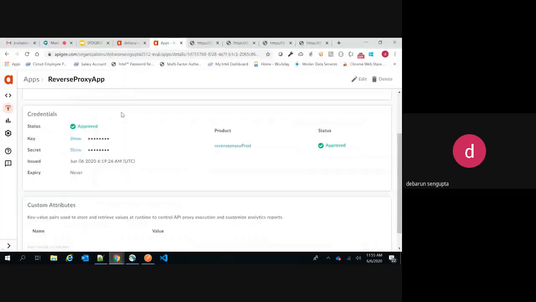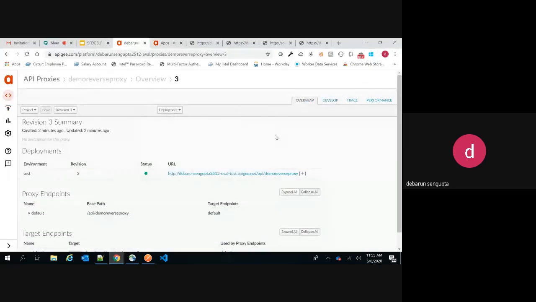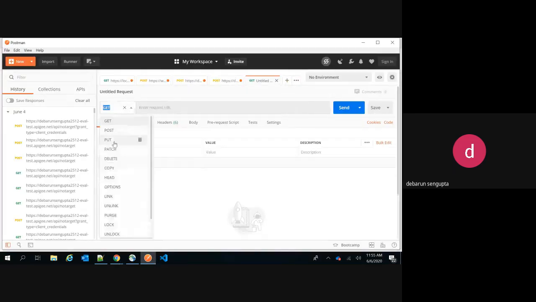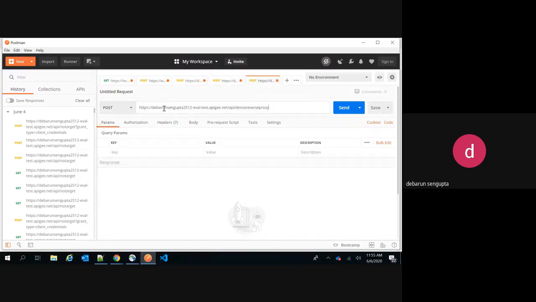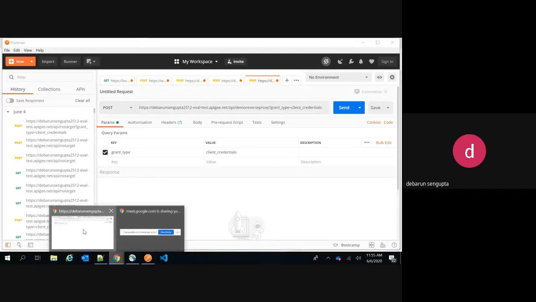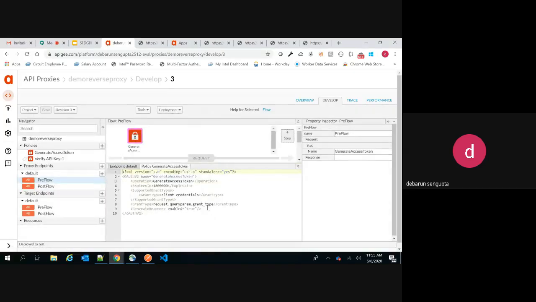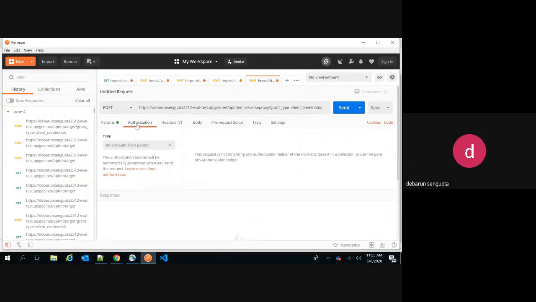Let me open this service endpoint. Let me copy this. Why am I opening Postman? Because I need to get the access token right now. If you remember, it was expecting the grant type, equal to client underscore credentials. So I went to this Postman. Now in this authorization,